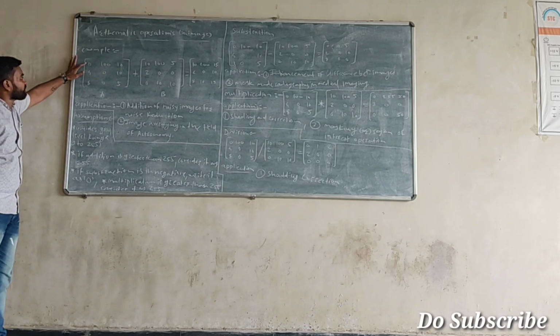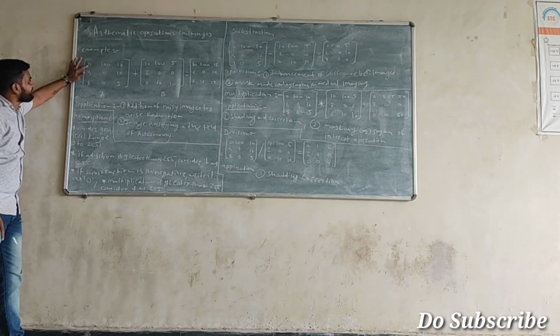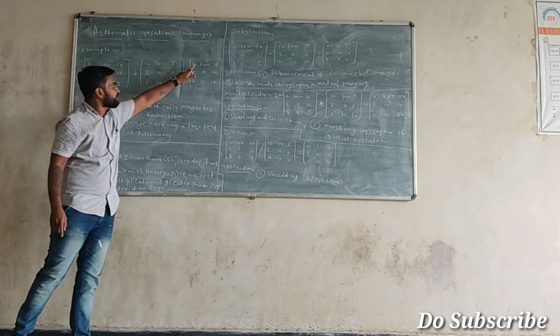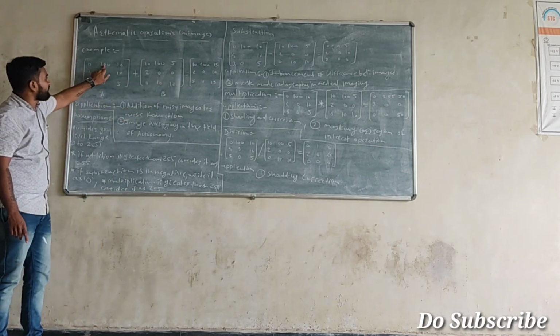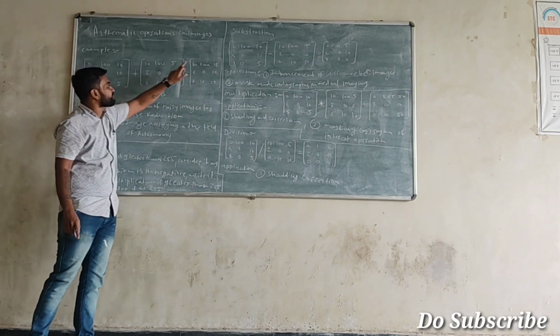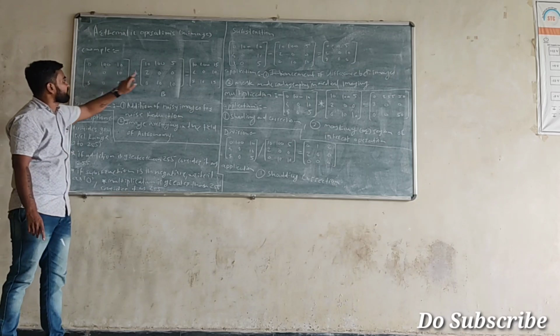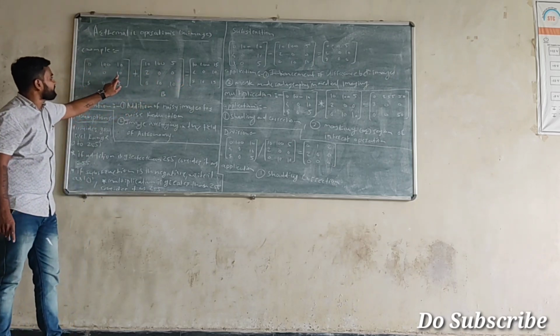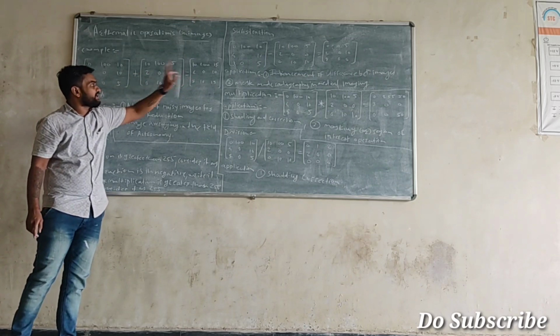The first pixel position is 0, so add this 0 to 10. The addition of 10 and 0 is 10. Then the addition of 100 and 100 is 200. The addition of 10 and 5 is 15. Similarly, 4 plus 2 is 6, 0 plus 0 is 0, and 10 plus 0 is 10.